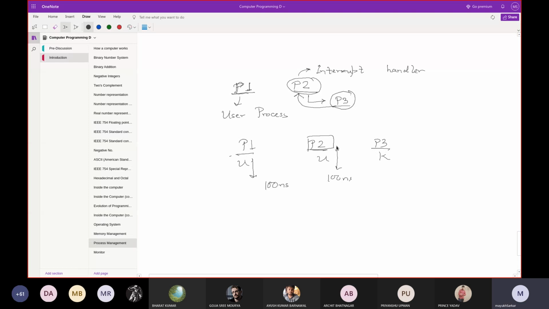After 100 nanoseconds, it will come back to the kernel mode because it has to do another context switch now. It will come back to the kernel mode and do the context switch. We'll set the system in the state suitable for P3, and it checks that P3 is already a kernel mode process, so it does not go back to the user mode. It executes P3 in the kernel mode, then it starts the timer for 100 nanoseconds again. After 100 nanoseconds, it comes back to P1, which is a user process, and goes to the user mode.